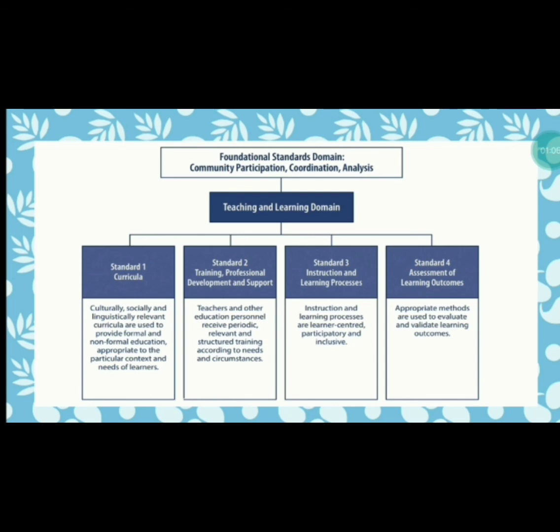And lastly, the standard is assessment of learning outcomes. Appropriate methods are used to evaluate and validate learning outcomes. Continuous assessment and evaluation of learning processes toward established objectives, for teaching methods, for relevance, consistency, and